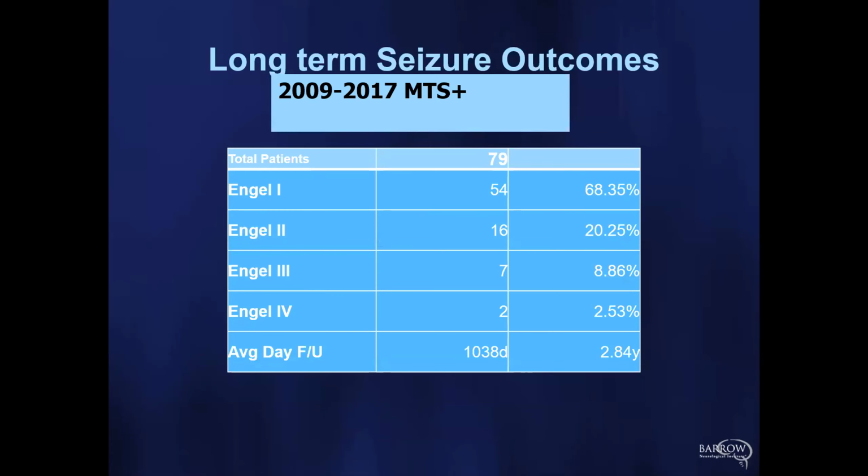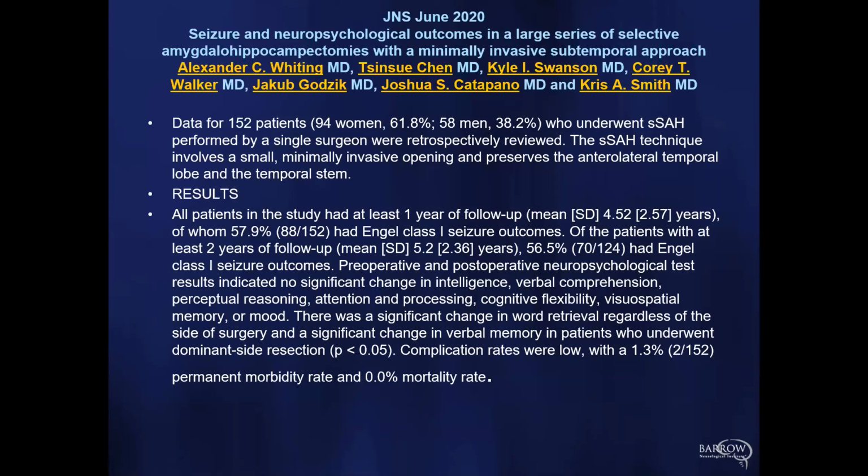As far as our seizure outcomes go, we looked at about 10 years of data in Engel classes. If you had MTS, if you had obvious sclerosis on the MRI scan, our success rate is incredibly high, with almost 90% of people being Engel 1 and 2 outcomes. But I don't really recommend this anymore for patients who have a normal looking hippocampus on MRI, because the cognitive outcomes are definitely worse if you're still using that for functionality.